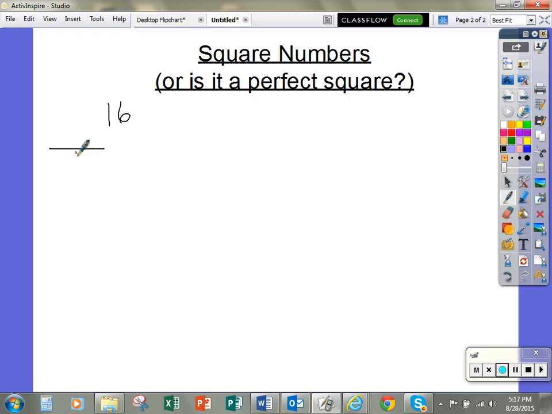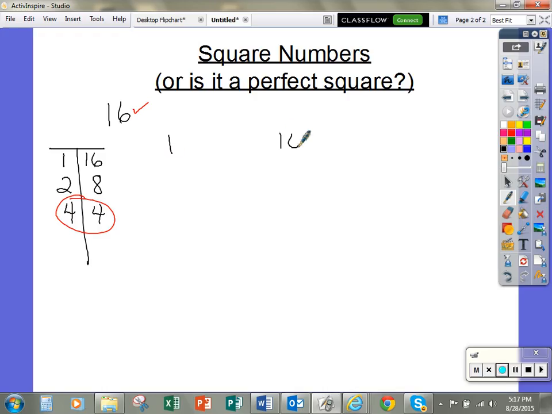If I do a T-chart, I know that 1 times 16, 2 times 8, and 4 by 4. I can see that there's a 4 on both sides of my chart. When this occurs, that means the number is a perfect square. Let's look at it a different way. On the rainbow method,